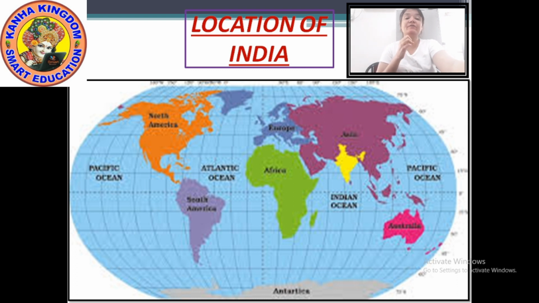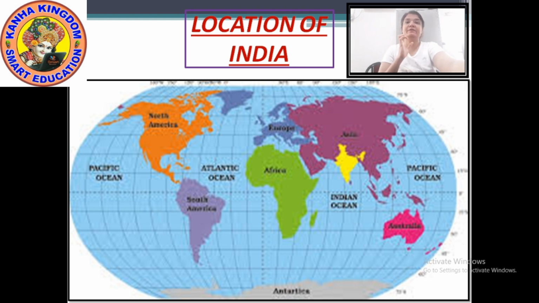So have you understood why this ocean is named the Indian Ocean? It is because a large part of India's boundary is located along the Indian Ocean. Okay, so this ocean is named the Indian Ocean. Next you can see the Atlantic Ocean, which is between South America and Africa.